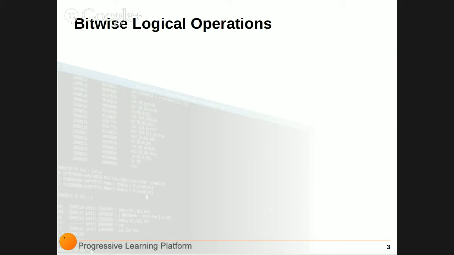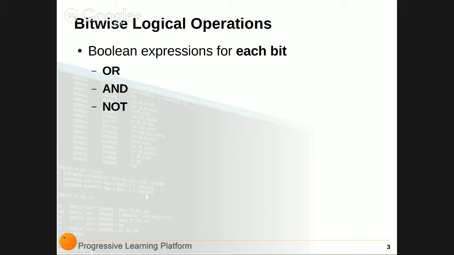So logical operations are bitwise. Can anybody take a guess what it means? And how is it different from arithmetic that we've seen before, like adding and subtracting? What does bitwise mean? Just comparisons? Comparisons between what? Bits. Right? So the operation is independent of other bits. If you have 2 8-bit operands, when you do a bitwise operation, each bit of the operand gets operated independently of each other.